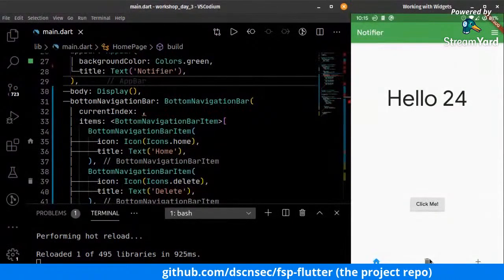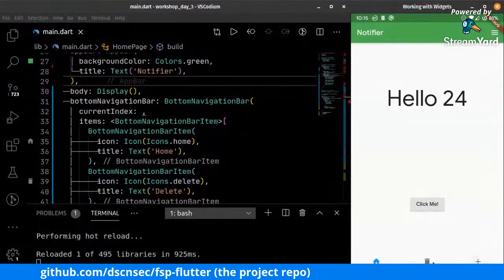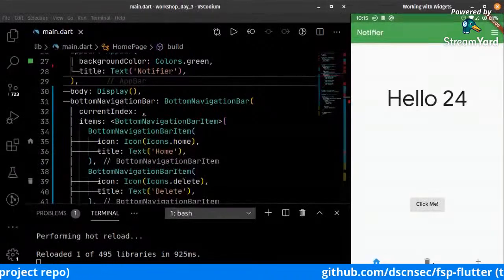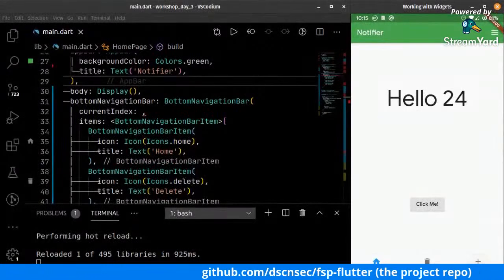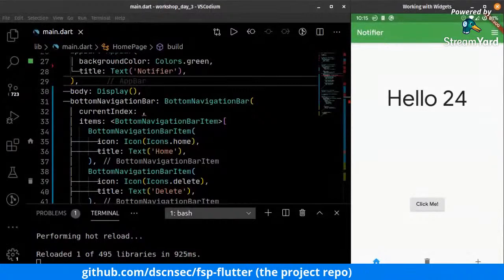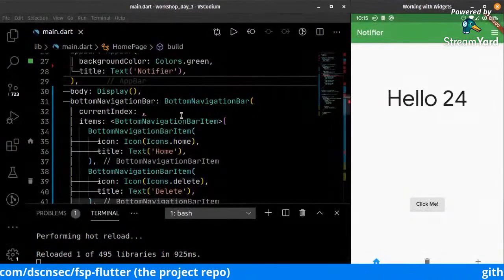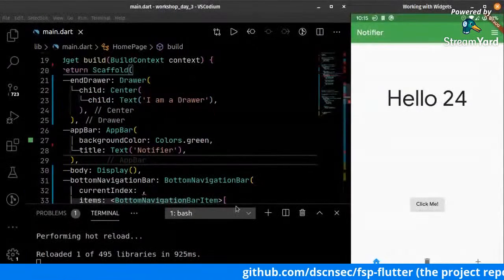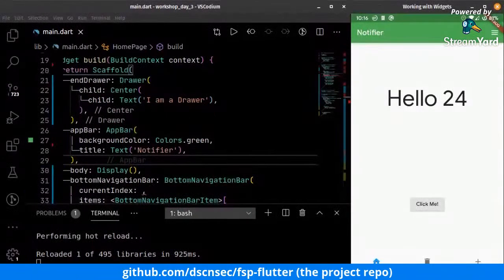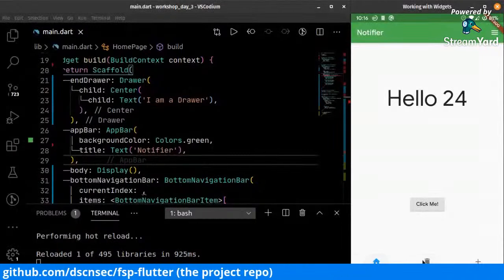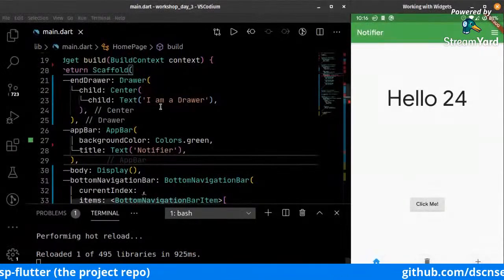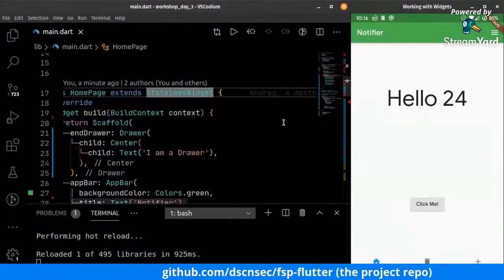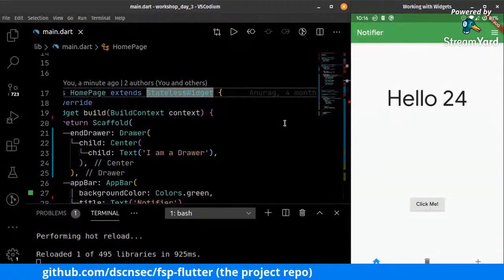So in this case, if I click this, it will give me index of 1. If I click this, it will give me an index of 2. So for that, we need to introduce state so that this bottom navigation bar can make use of it, right? So need to convert it to a stateful widget again,